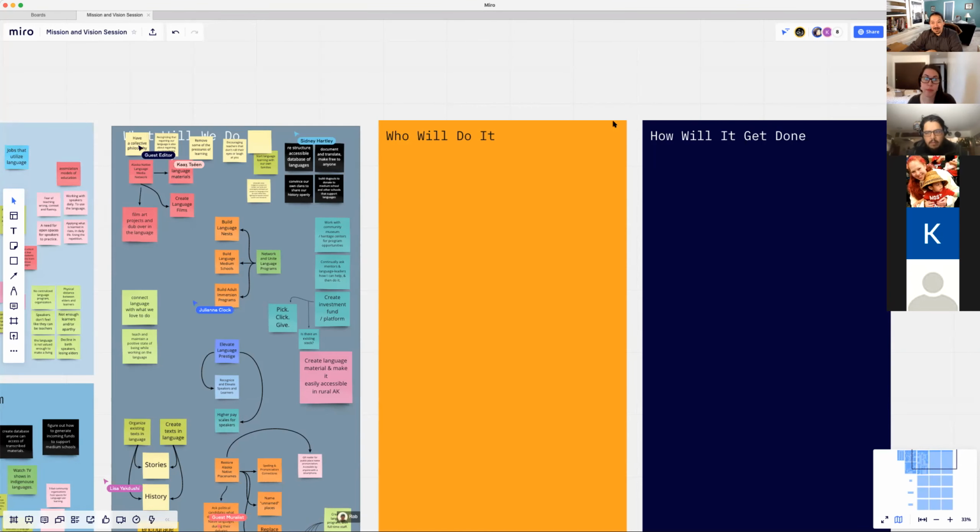So how is it going to get done? Right? So here's what we're going to do. Here's who's going to do it. Here's how we're going to get it done. And some of this stuff is maybe someone's just coordinating it. And maybe it's a group of people that do it. Because the other thing is, I think